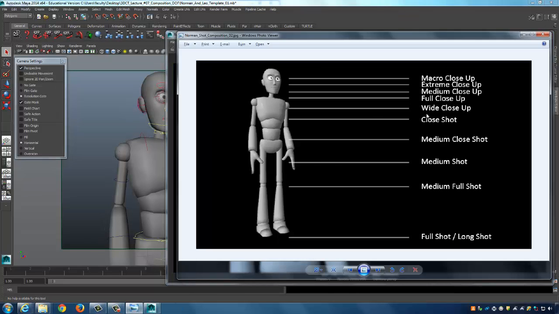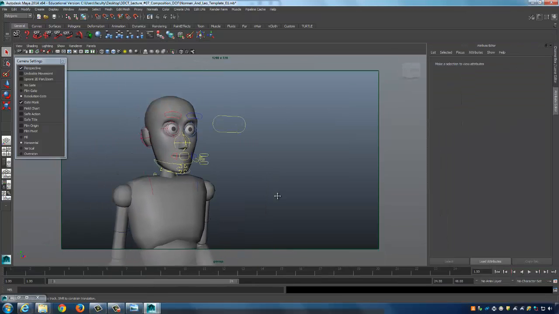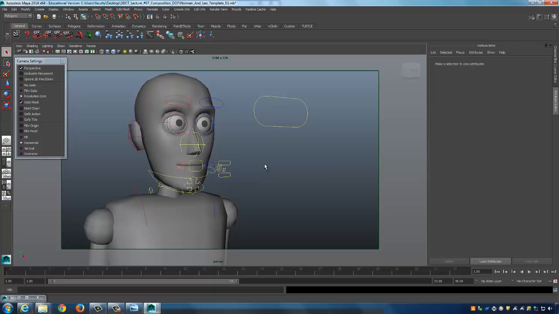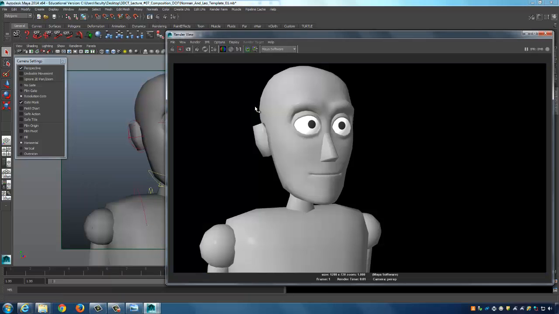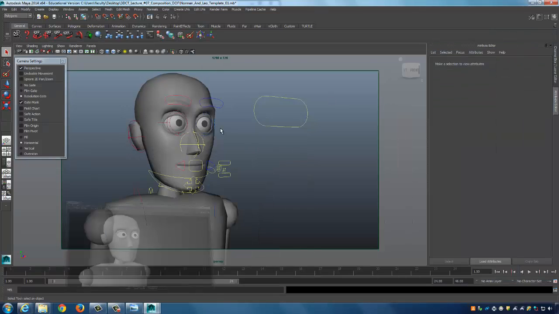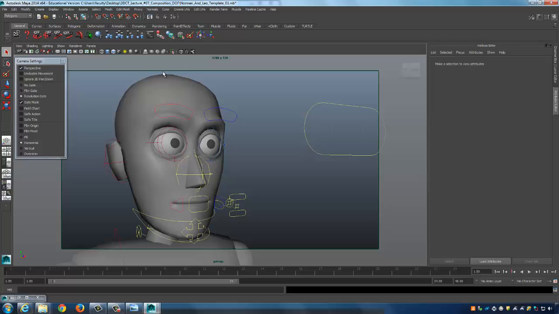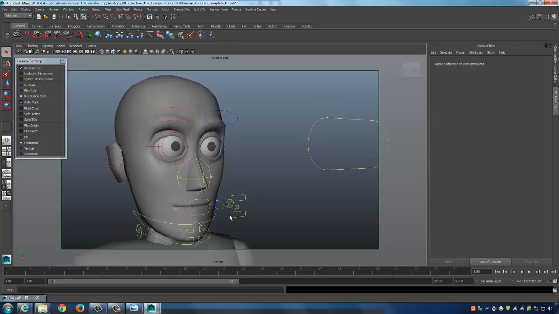Go to the next one. We have the wide close-up, and so wide close-up is about chest level to the top of the head. So I'm going to come in here, render that one out, something like that. And then we have the full close-up, which is basically the character's head in frame with a little bit of room above the head and below the chin,